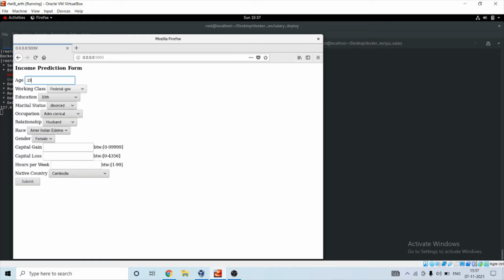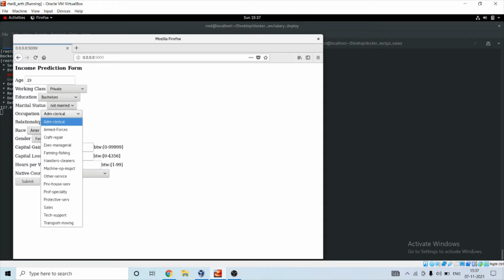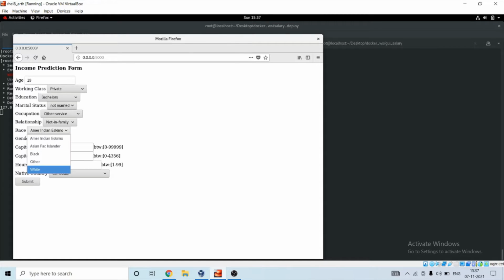He is a private employee. He is currently in bachelor's. He is not married. Occupation, let's say, is just some private work. Relationship, not in family. Gender, male. Capital, he has, let's say, this. Loss, say,